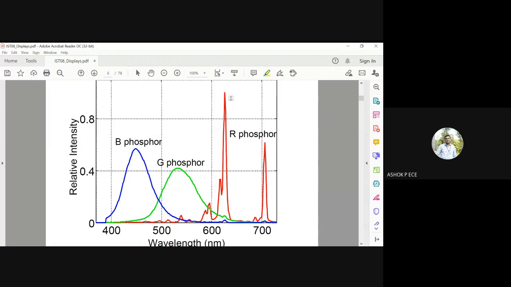So with VIBGYOR, red is going to be at the larger end.